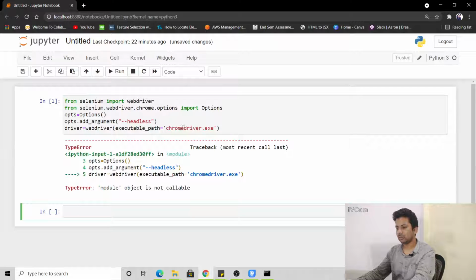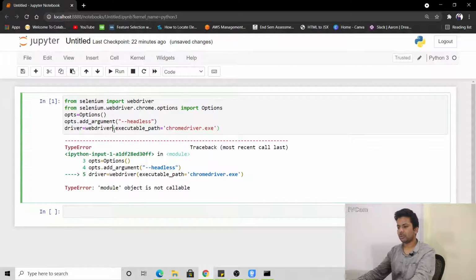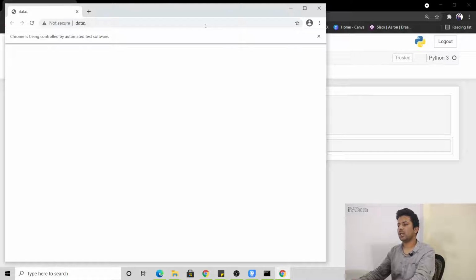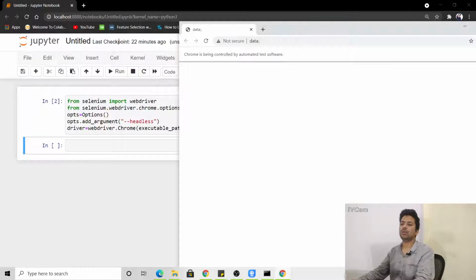Module object is not callable. Sorry, we have to write webdriver dot Chrome. Yeah, see, Chrome got opened, and it's showing, as I told you.